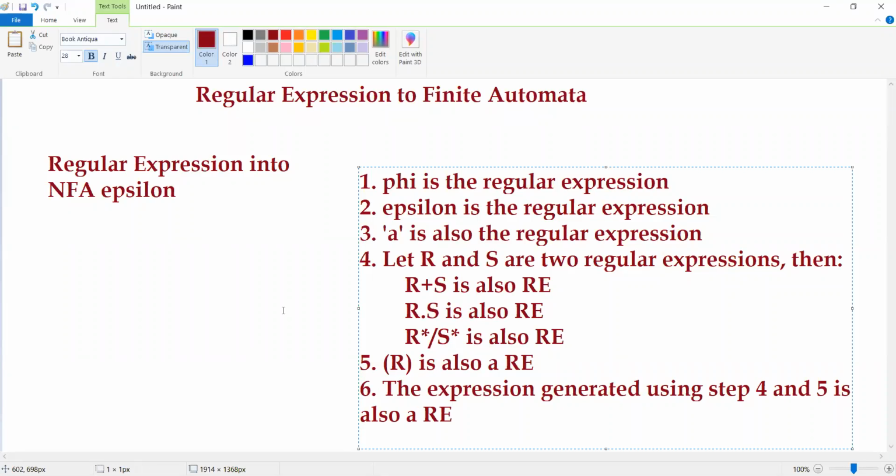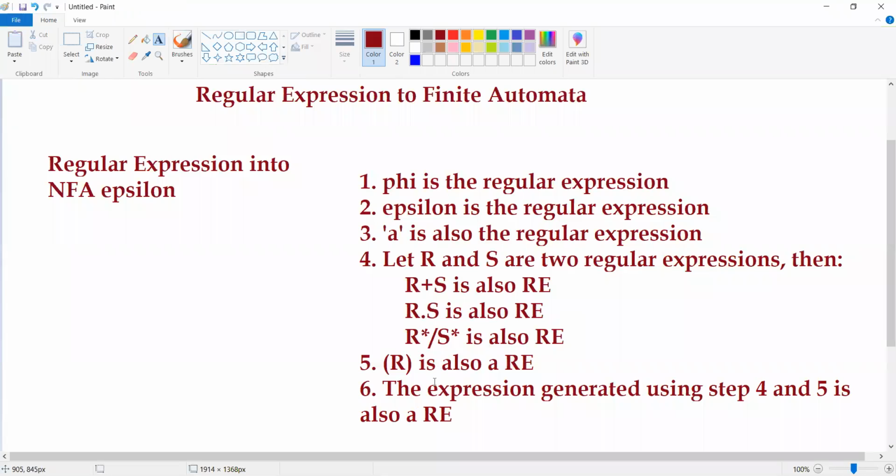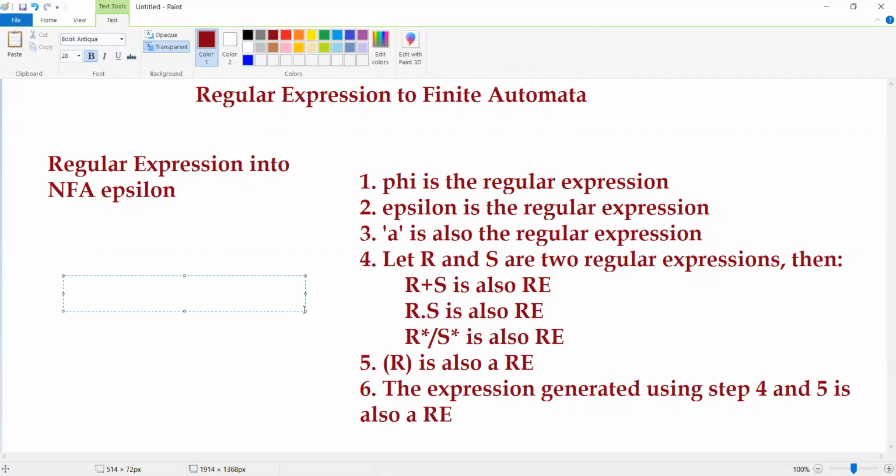Now, see why I am discussing this. Whenever we take any regular expression, for example, let me write over here, it is something like (a plus b) star a b, b star, a b, into (a b) whole star.